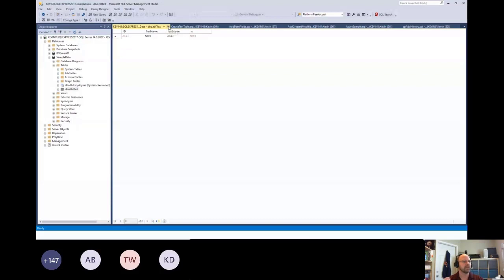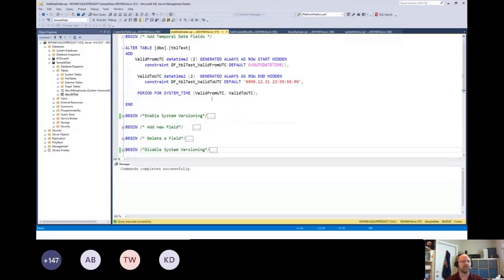So what we're going to do is first add the date fields. I need to define these two fields that are both datetime2. I've chosen to call them valid from UTC and valid to UTC. You can name those whatever you want. And then we need to set the default. So the from is going to be the current UTC date time. And for the end period, I'm going to set it to 1/100th of a second before New Year's in the year 10,000, which is probably far enough out in the future that it's not going to impact your grandkids,